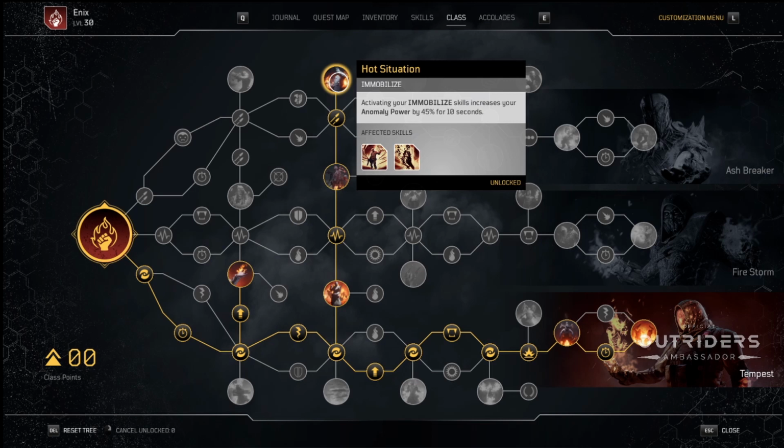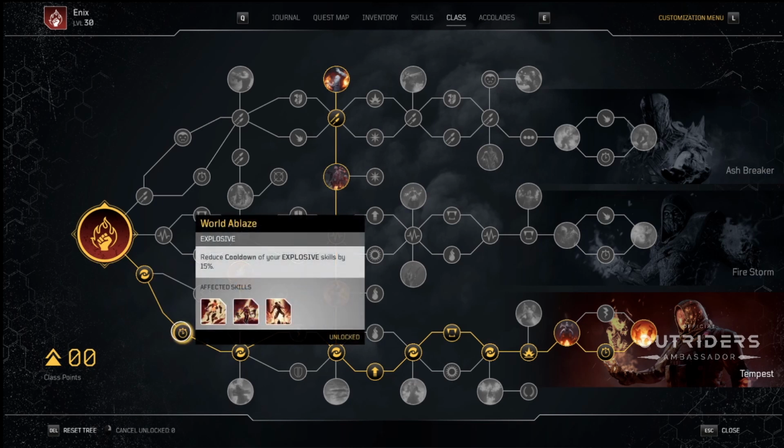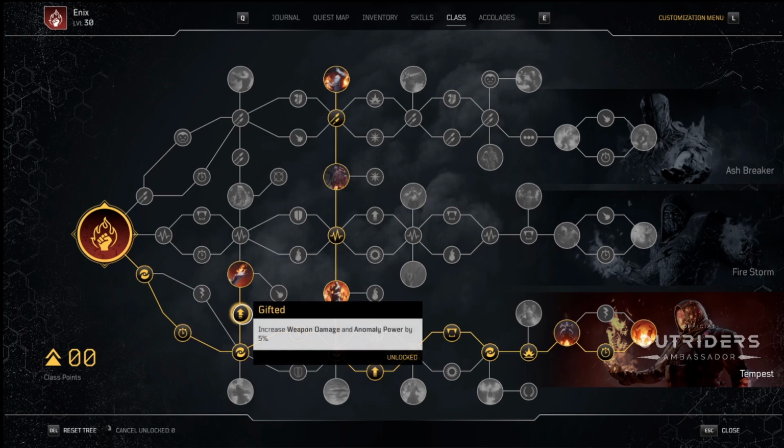And it's damn near guaranteed. So it's very, very, very important. I recommend you utilize this tree if you're definitely speedrunning. If you're not, you're going to have to be very careful because you're very squishy. Alright? So as we go through it, you see anomaly power, some cooldown for your explosive skills, more anomaly power,